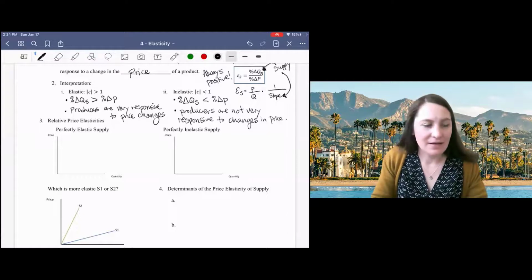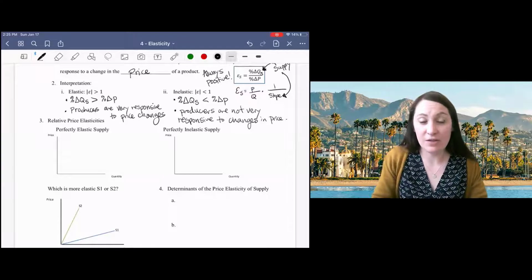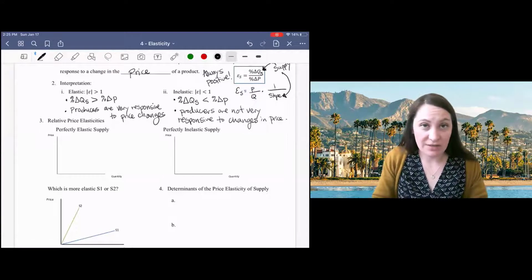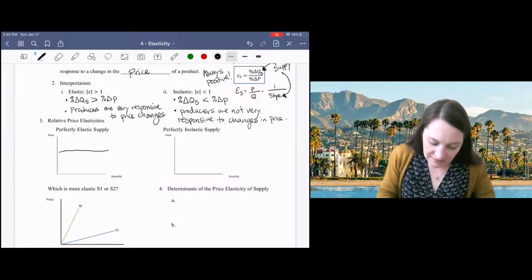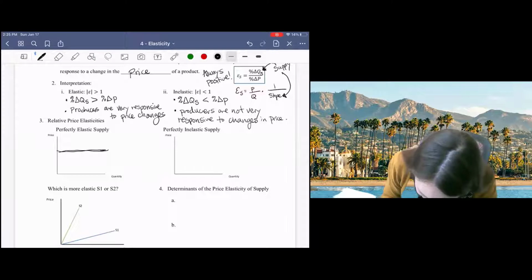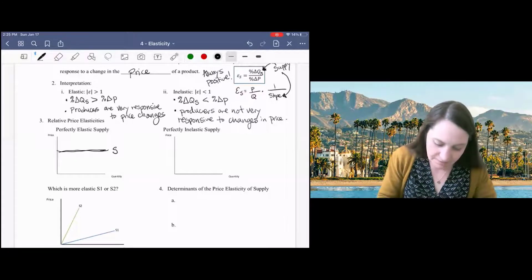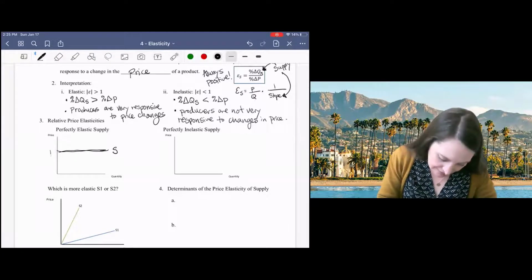As with demand, people will also talk about the relative elasticities of supply. While different points along the supply curve will have elastic or inelastic supply, we can compare their relative elasticities by looking at the supply curve as a whole. So just like with demand, we'll start with the extremes. And as you might guess, perfectly elastic supply could be represented by a horizontal line, meaning that at this price,